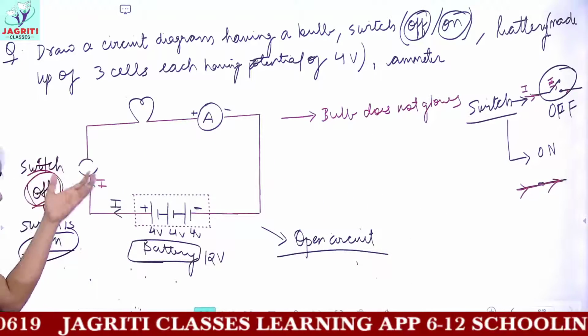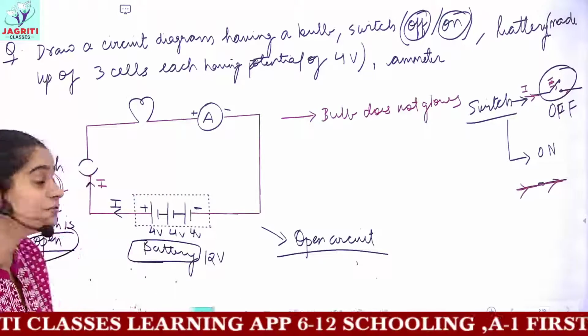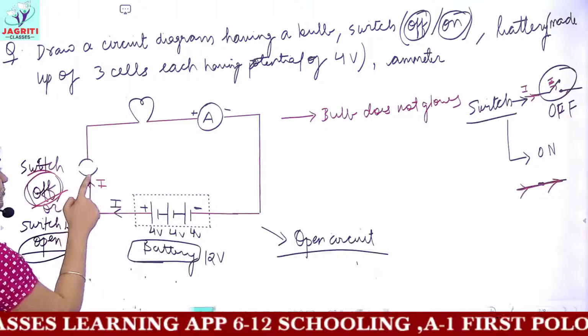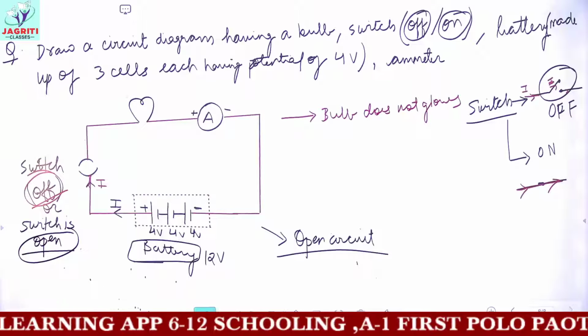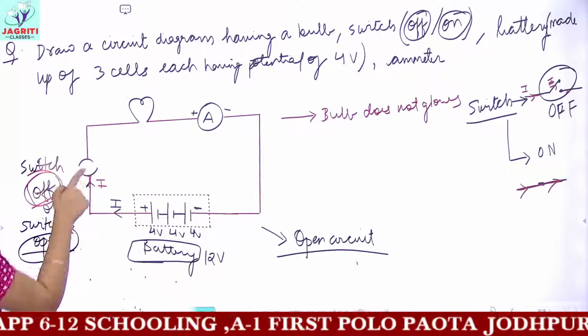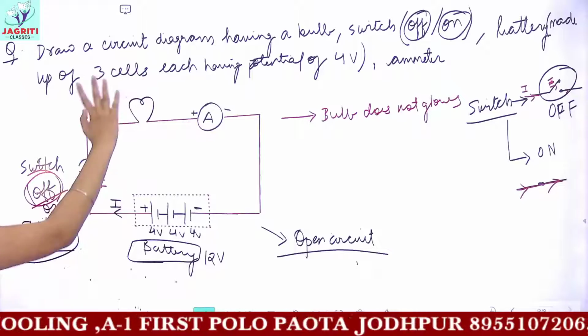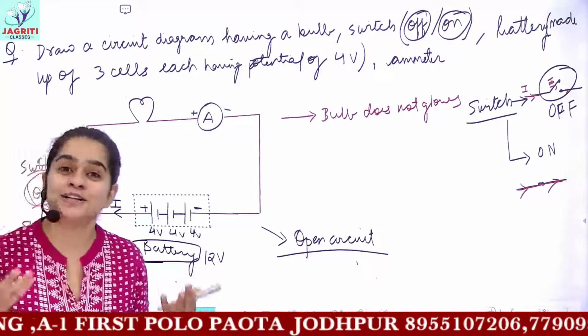Because the switch is off, the current supply is broken off, because now the current cannot jump from here to the next terminal. And because the current needs a continuous path, and no continuous path is being provided, no current will reach the bulb, and when no current reaches the bulb, it cannot glow.